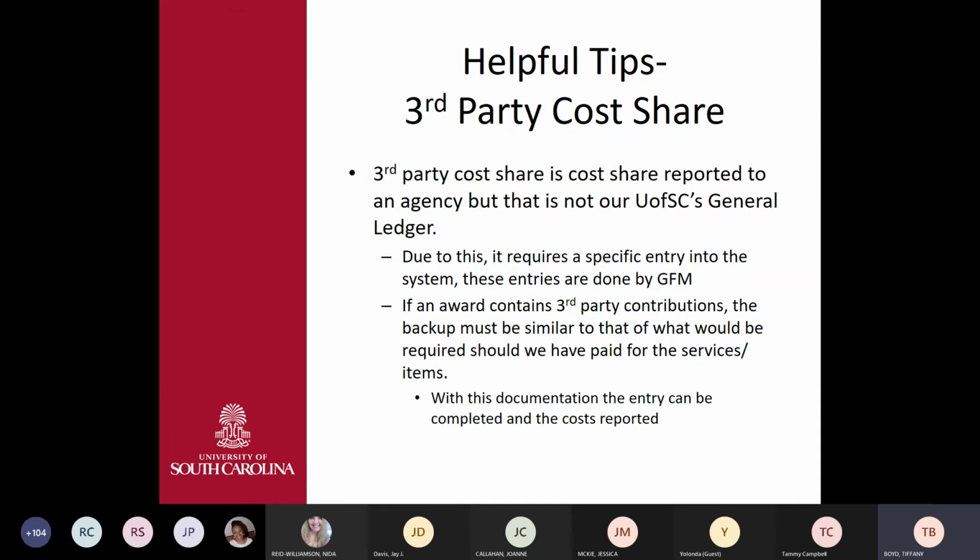It's not expenses incurred by USC. Due to this, we have to do a specific entry. Your post-award accountant can do that. If you do have third-party cost share, the backup I would say needs to be similar, just as the subrecipient